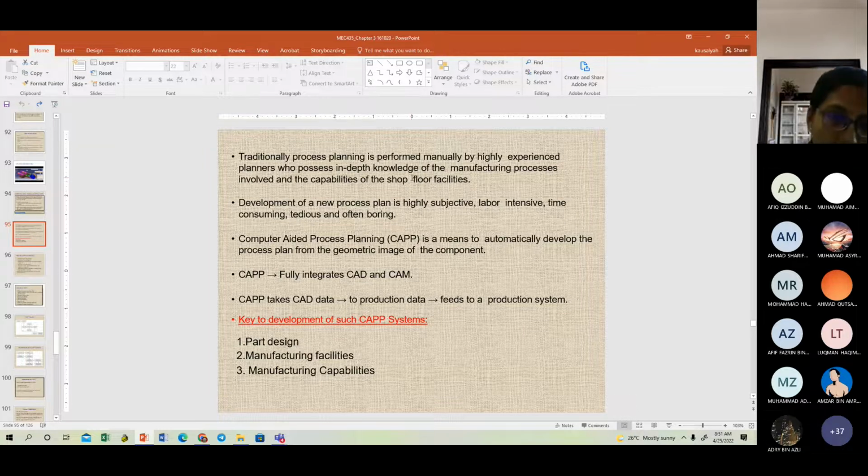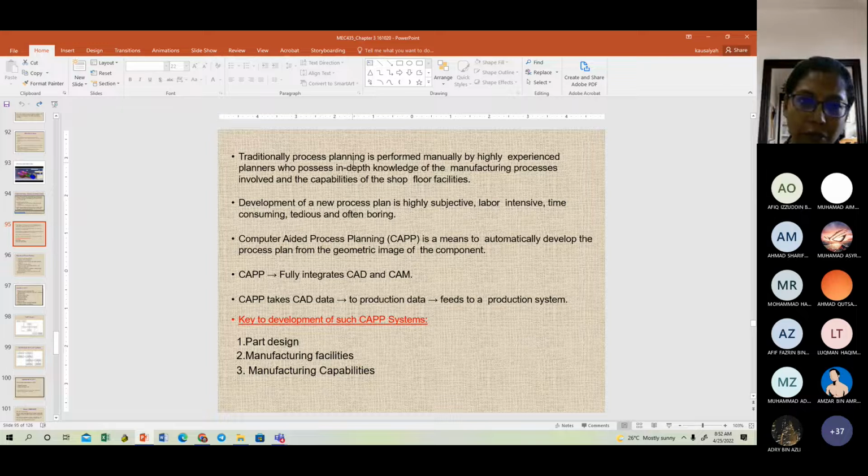We cannot bring you and me and simply walk into, let's say, any manufacturing plant and say, okay, let's plan. We won't know the machines. We won't know the capability of the machine. We won't know the capacity of the machine. We won't even know what the flow of the production is. So who knows this? These are the people who are there on the shop floor, in the production floor, who've